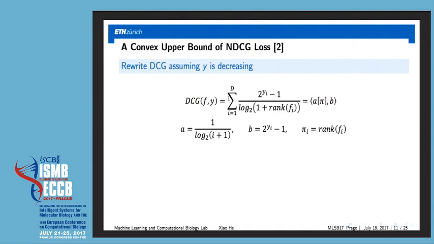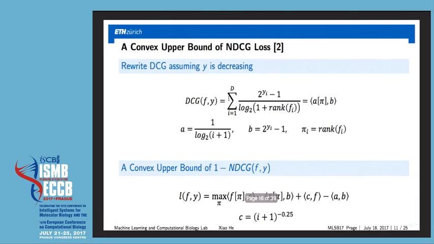So this next slide shows the convex upper bound of the NDCG loss. We first rewrite DCG of Fy as a dot product of two vectors A and B, where pi is a permutation of all the drugs. A is just the denominator, and B is the numerator, and pi is a permutation of the drugs in F. Then a convex upper bound can be defined as this function,